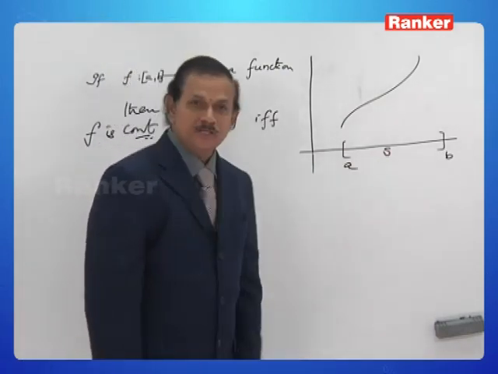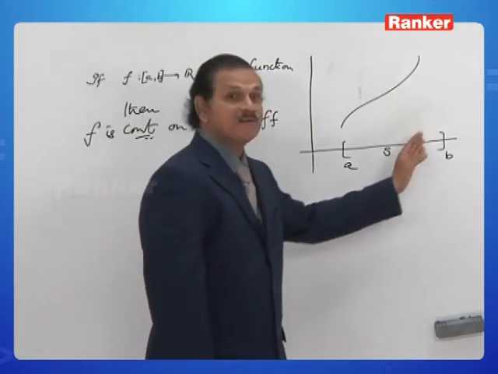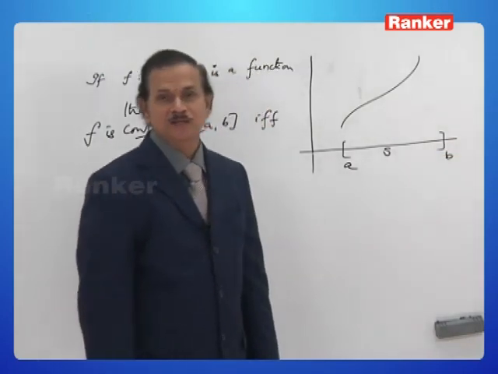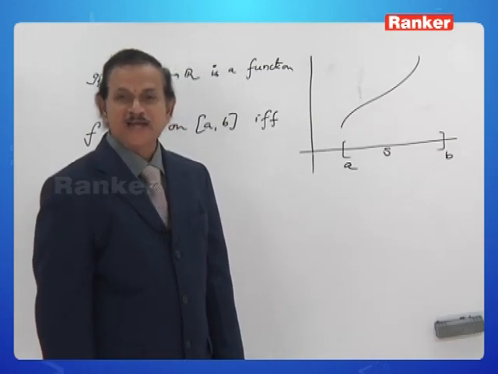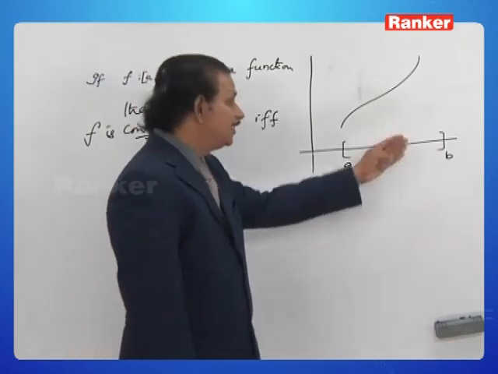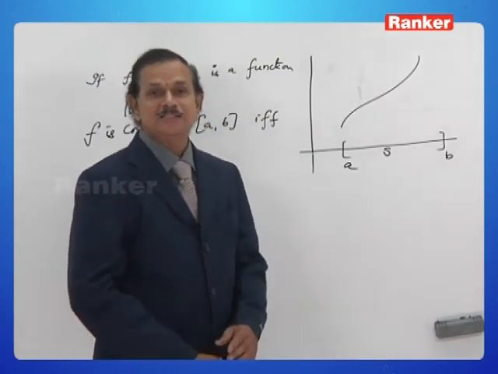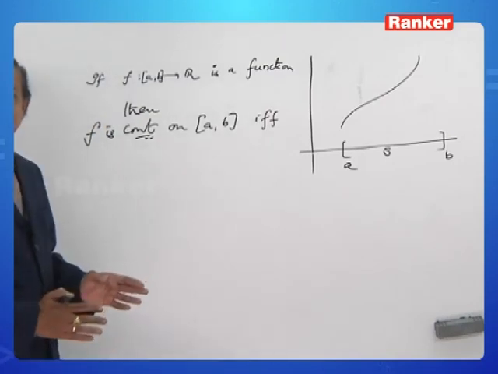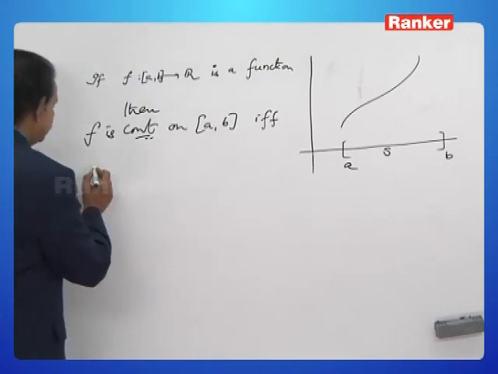Similarly, at b, the region to the right of b is not included in the domain. So you can anticipate only left continuity at x equal to b. Keeping all these things in view, this is said in the form of a definition as: